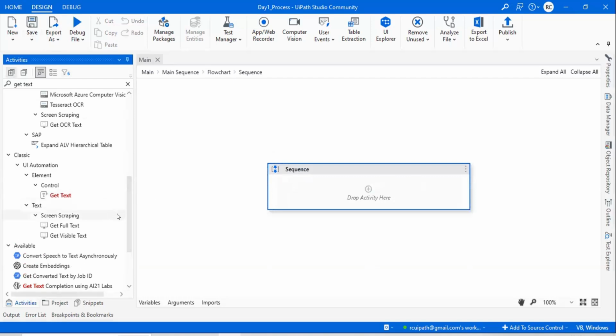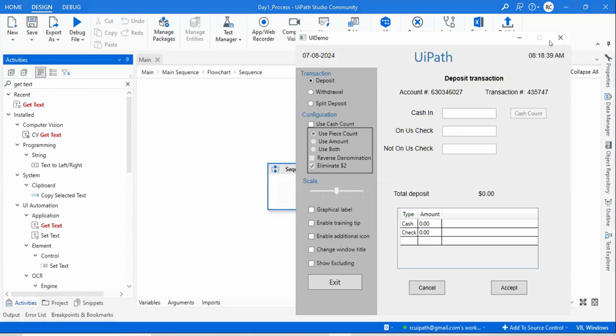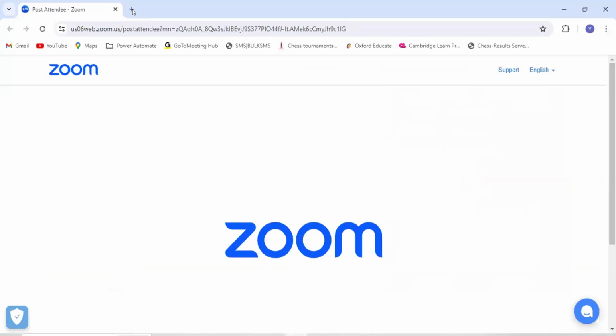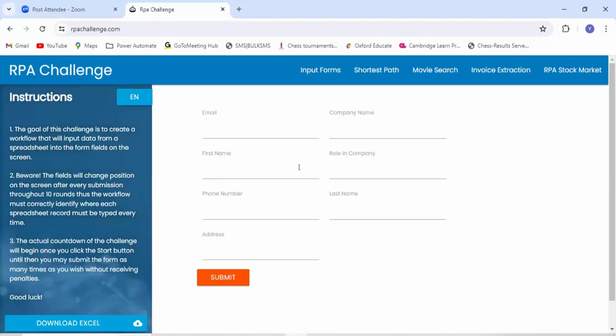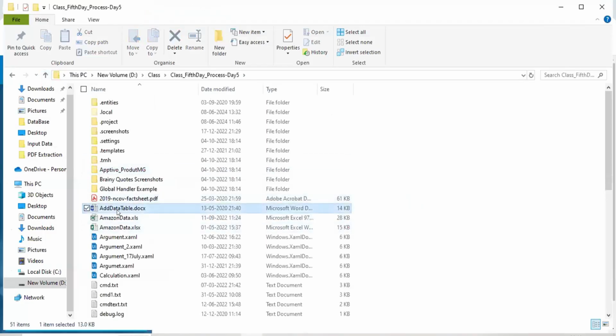Okay, fine. So now we will move on. So we'll talk about today's problem statement. So what is today's problem statement? This is an RPA challenge website. Okay, now we have started the web automation, right? And what we have to do basically here,